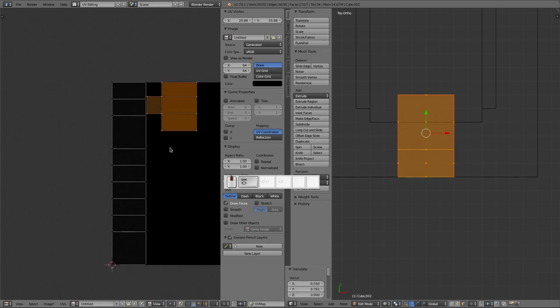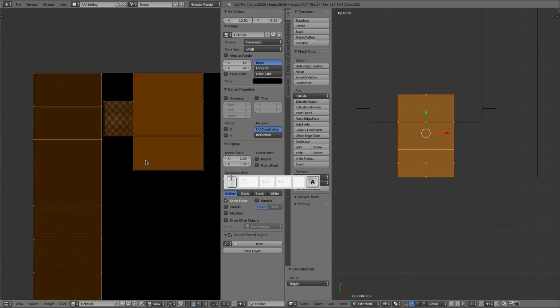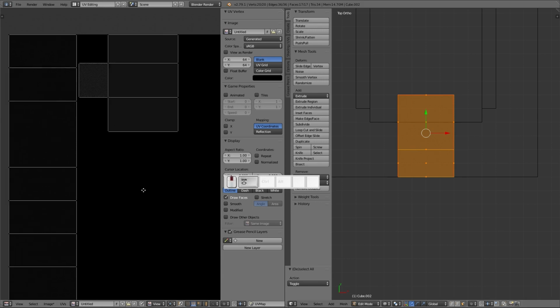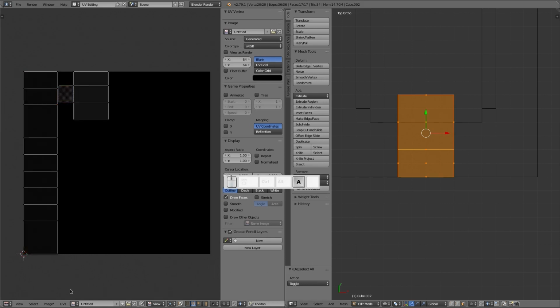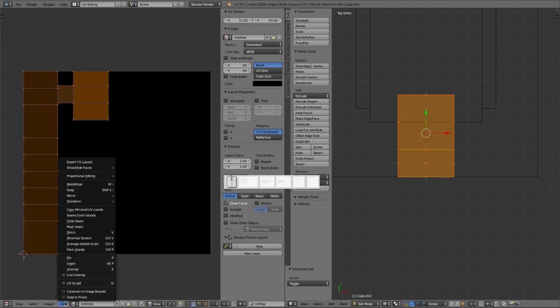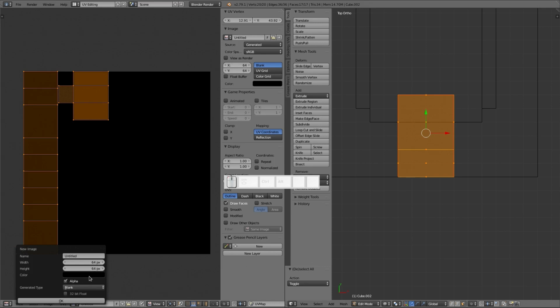And we will go ahead and actually move these to here. And you may have noticed that these are not matching up perfectly. And yes, that is a problem, because when you unwrap, it doesn't necessarily snap it to pixels, which is kind of weird. But we're gonna make that all better. And I actually should have done this from the get-go, but we need to create a new image. Image new. Here we go. Okay, we still want 64 pixel,